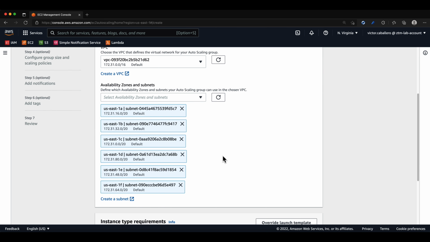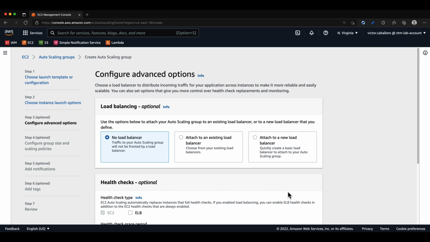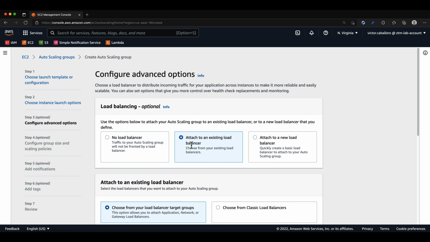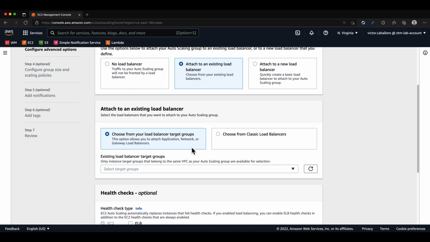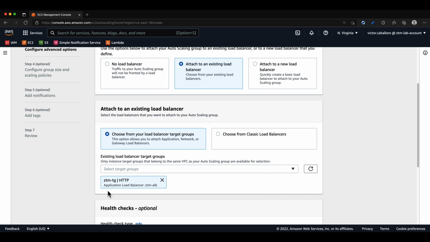Under Instance Type Requirements, I want to note that if we wanted to override a particular setting from our launch template, we could do it here, but for this lab, we will just leave it as is and click on Next. For our load balancing option, I will select the Attach to an existing load balancer option. In the drop-down, we can select the target group we created in the last video, which is our ZTM-TG